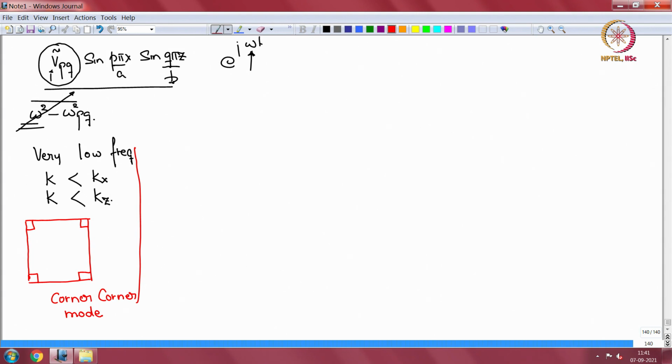Now I have just drawn almost a square plate, but you could actually have it rectangular in one direction or the other. A could be bigger than B, B could be bigger than A. So this is more representative of an actual plate, but I have just drawn it almost square. Don't worry about it. Now as frequency increases,